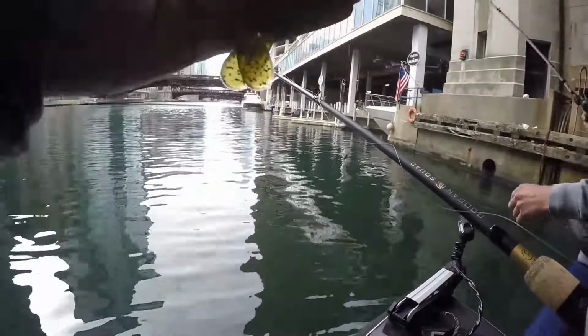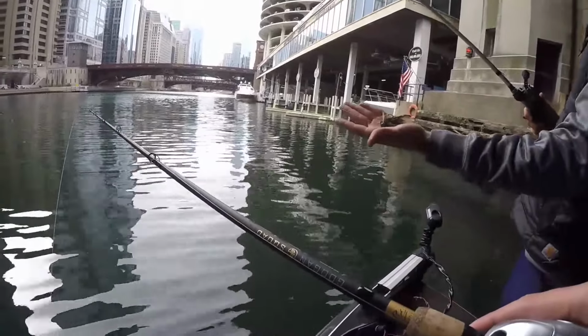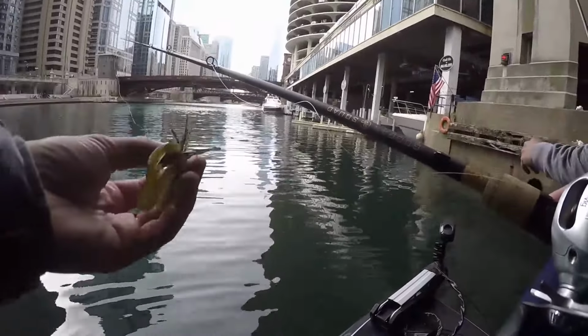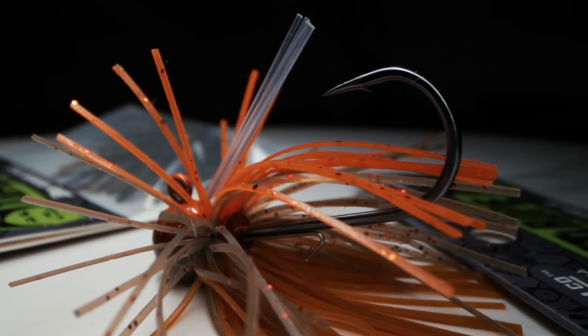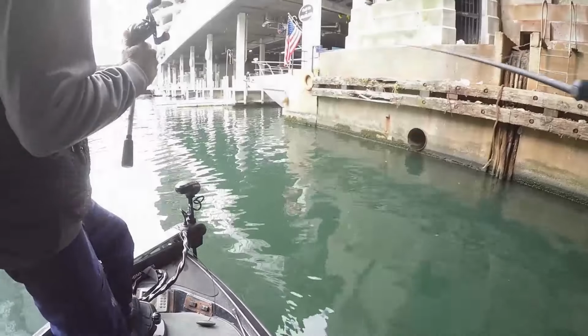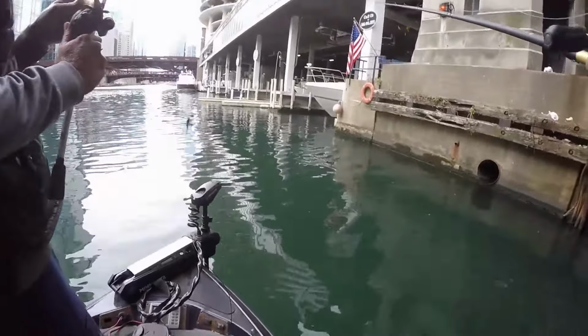This is a little jig I'm rolling. Which one are you going with? You have the green pumpkin, the tickler on there. 1/4 ounce. So Ryan, give a brief little rundown for those that don't know the history of this little finesse jig, why the skirt is cut the way it is, why the head is shaped the way it is, all that good stuff. Okay, yeah, the jig is something that was born here in Chicago for the purpose of not